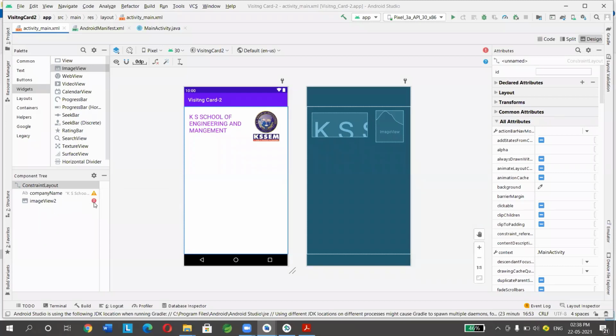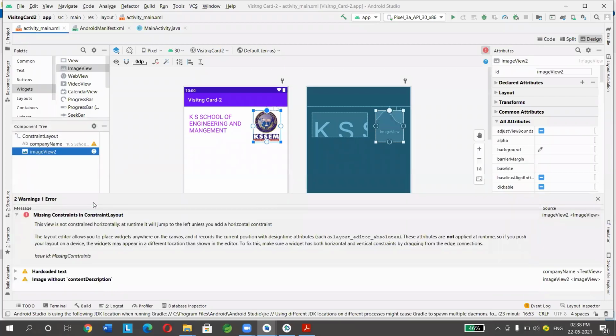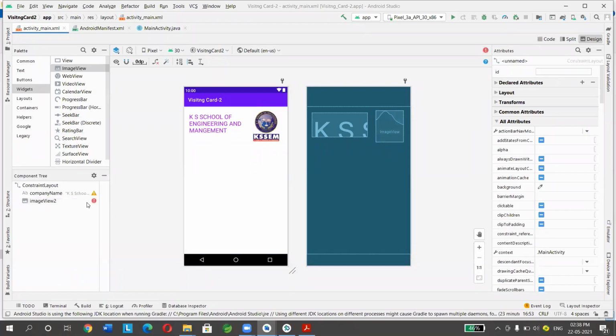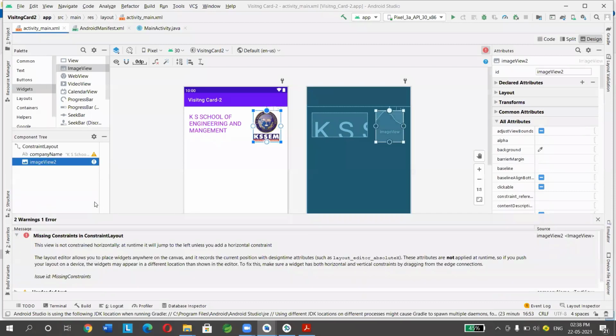The red color indicates that this view is not constrained horizontally. At runtime, it will jump to the left unless you add a horizontal constraint.